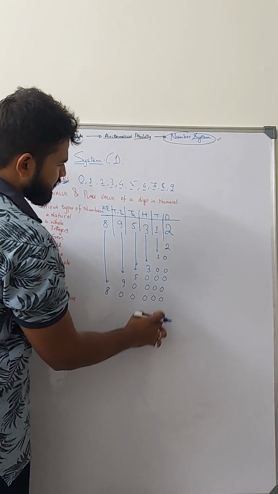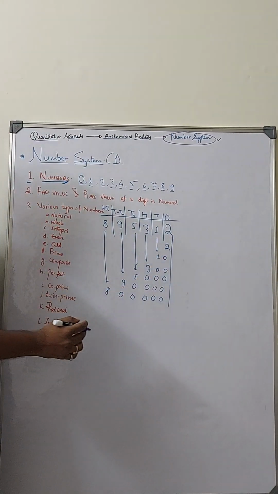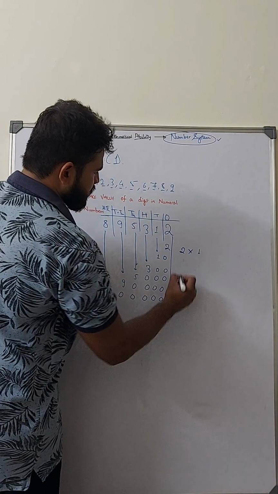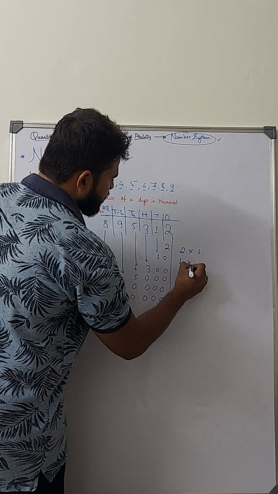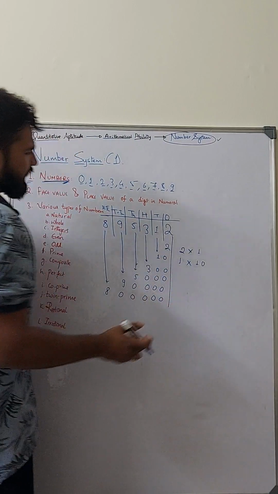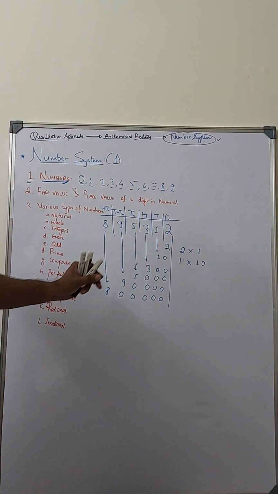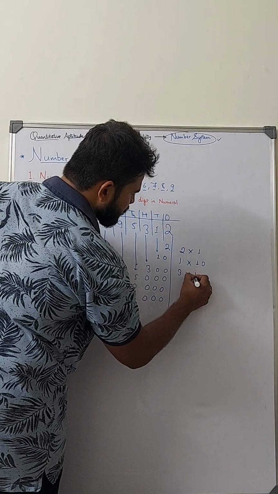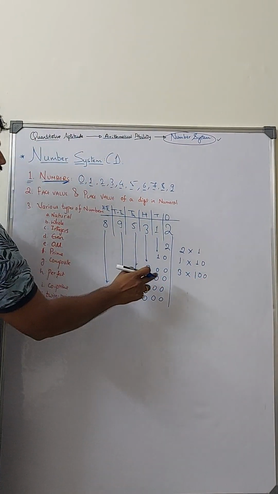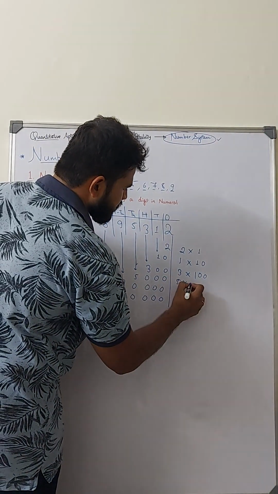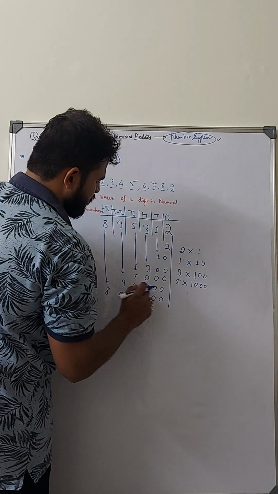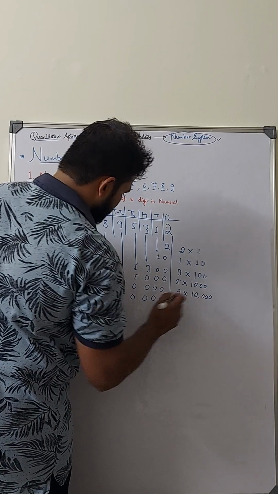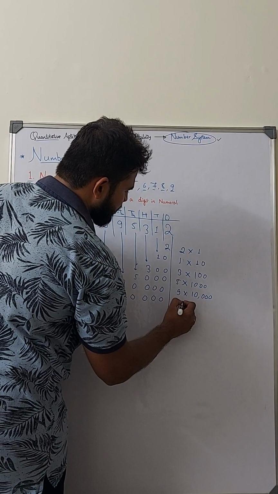But this you can write over here as 2 into 1. This you can write as 1 into 10. I can directly write 10 also, but there is something you will get to know now. This is 3 into 100. Similarly, this 5,000 will be 5 into 1000. Again, this 90,000 will be 9 into 10,000, and this 800,000 will be